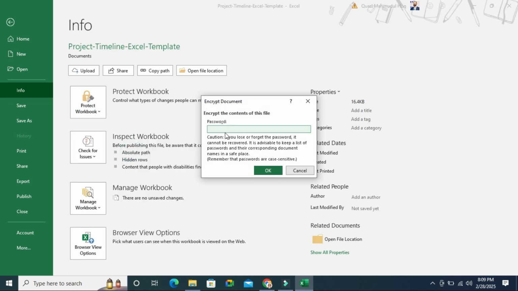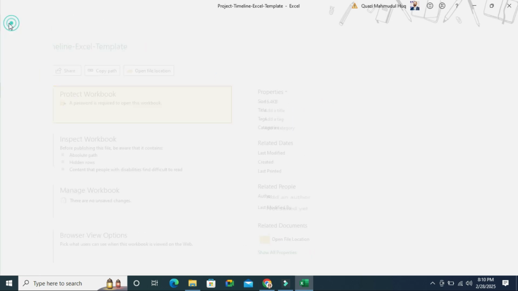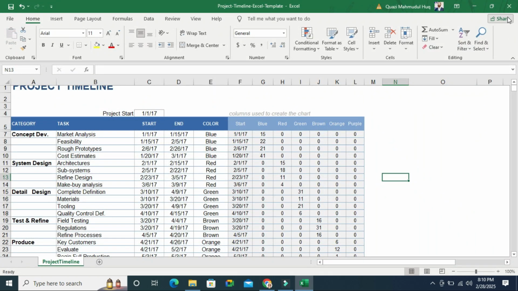Now type the password and then click on OK. Re-enter your password. Click on OK. The document is password protected, and you will find a notification, a password is required to open this workbook. Okay, now close the Excel document,